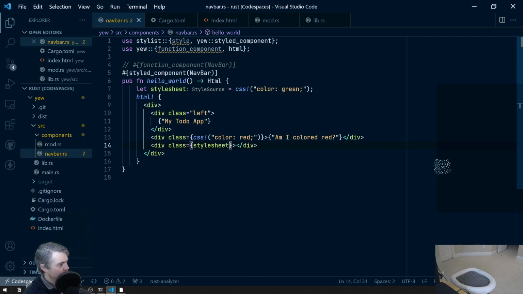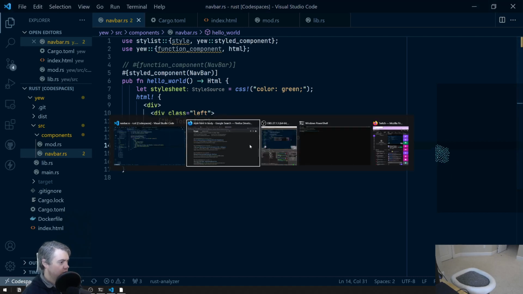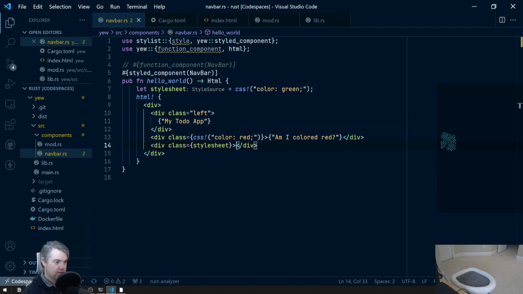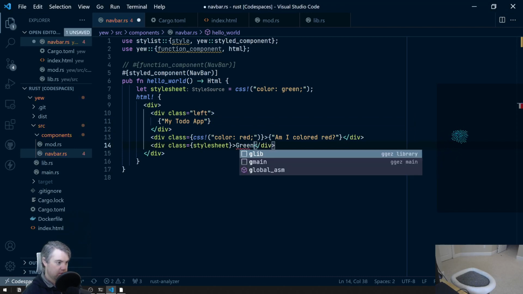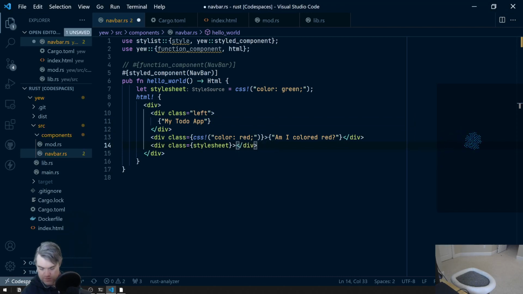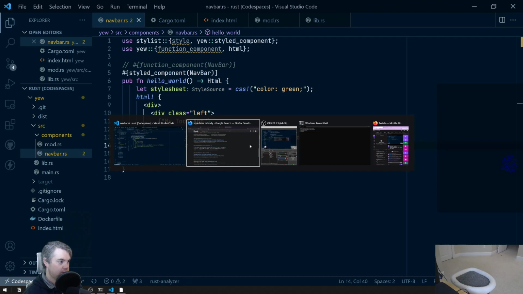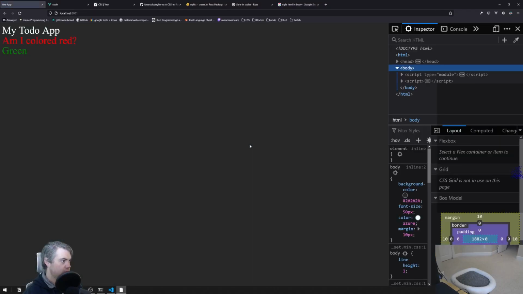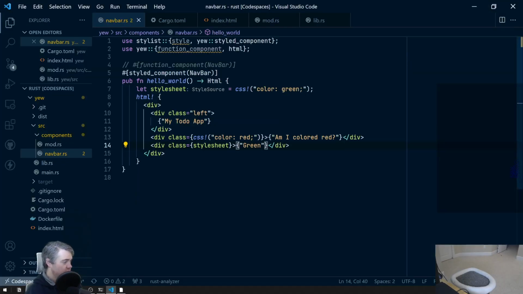That is fine though. Okay, so and that worked. Okay, so if I do a style sheet like this,